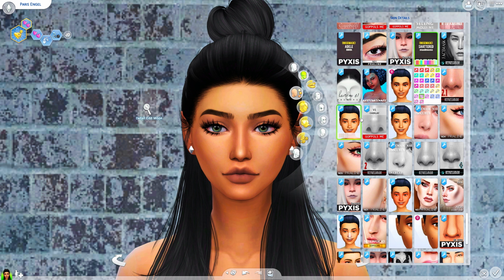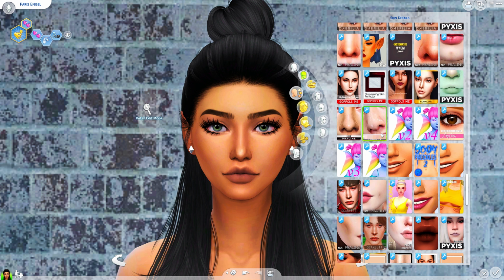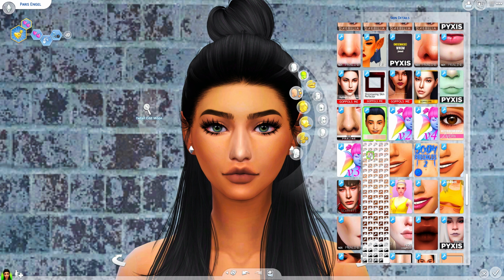And then I'm going to go ahead and show you two more from Praline Sims, and then we will be completely finished. Okay, so first up is NO3. So this is what NO3 looks like. It does come in a nose mask version. As you can see, it comes in loads of different versions on here, which you can go ahead and try